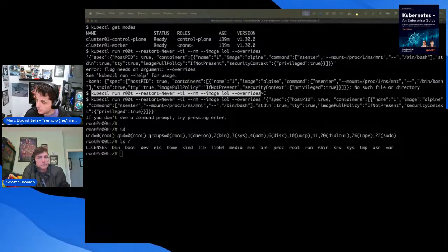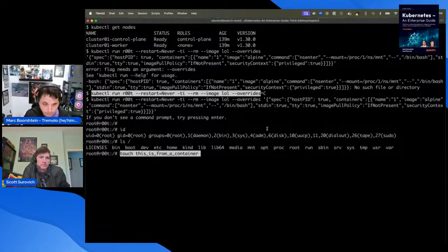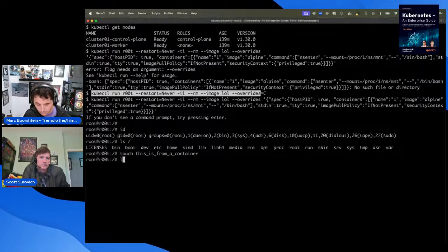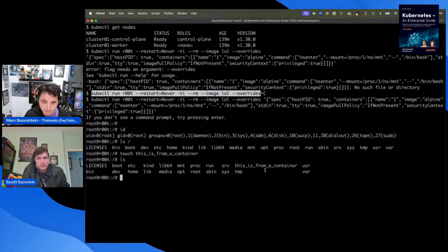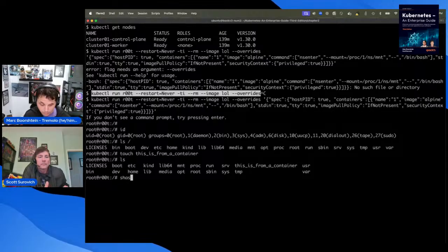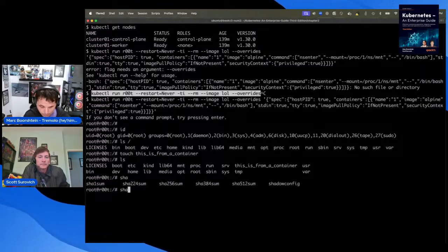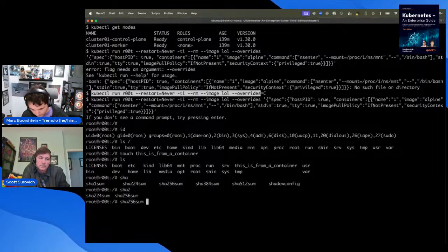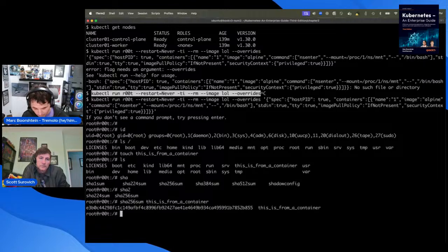So let's go ahead and create a file. So let's do a touch. So now we've got this is from a container. And let's show there's nothing up my sleeves here. Let's show the SHA 256.